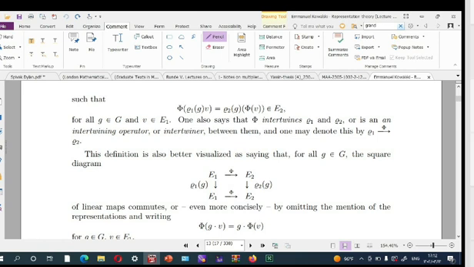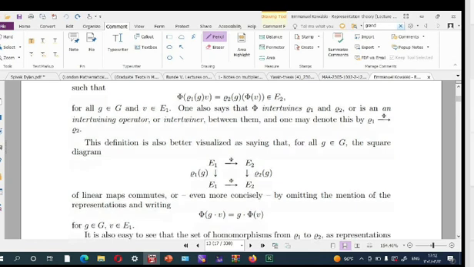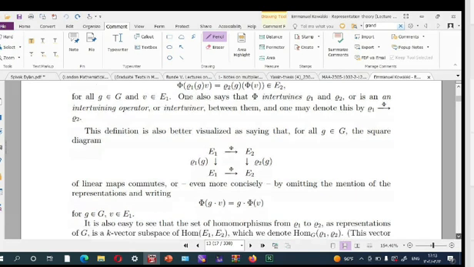And by our notations, rho 1 of G of V can be denoted by G dot V, and also rho 2 of G of phi of V can be denoted by G dot phi of V, so that phi is a morphism if for any G in G and V in E1 we have this equality, this equal to this. These two are the same concept. Okay,